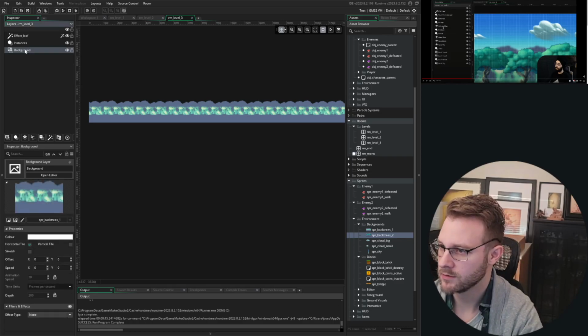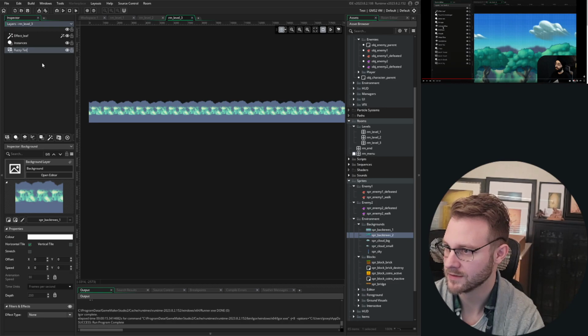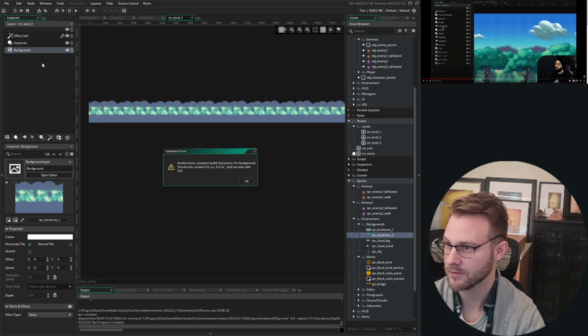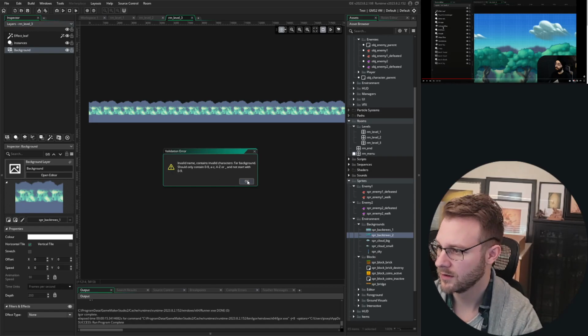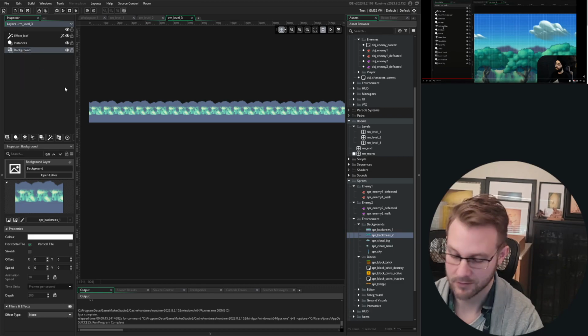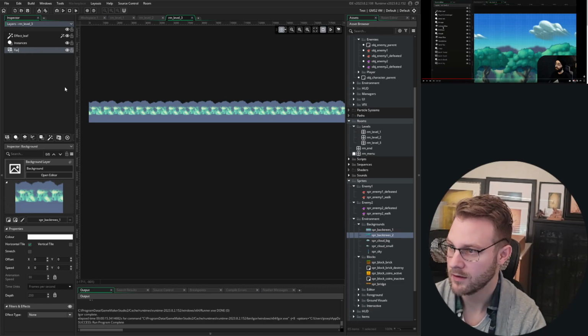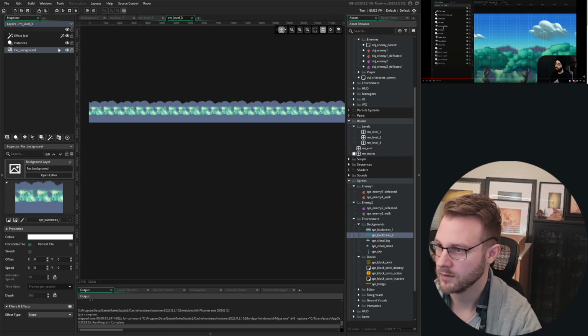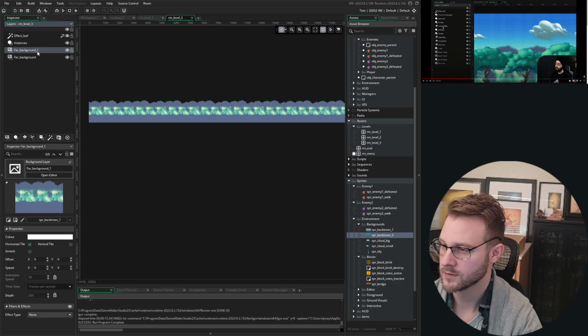So we're going to rename this to be fuzzy trees. No, let's use something that actually makes sense. Far background. Oh, we can't use spaces? Rename layer. Okay. Far background. Then we're going to duplicate it. This will be